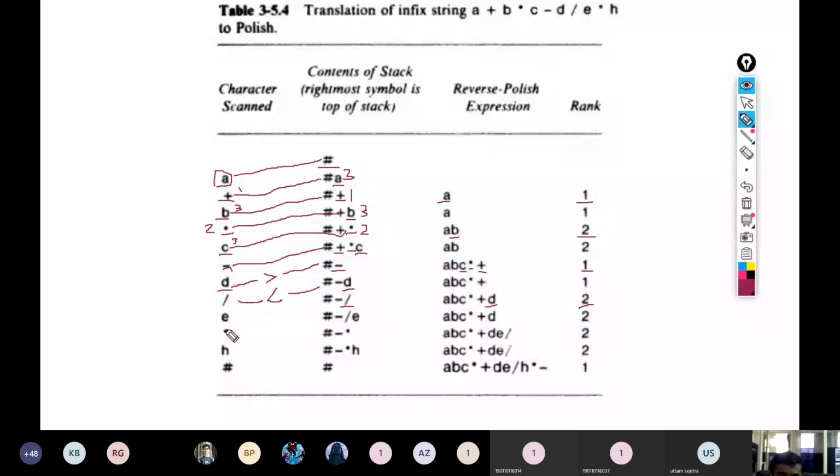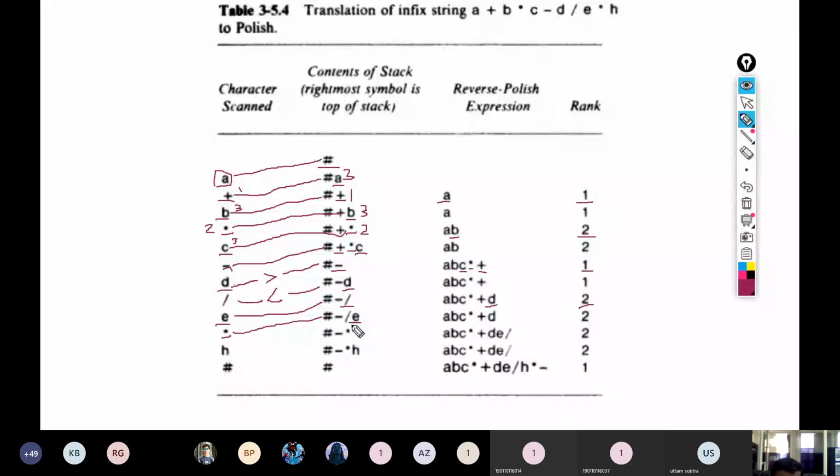And the next character is E, and if we compare it with this top of stack, we find that the top of stack has the lower precedence function value, so E will be simply pushed to the stack, right? And then the next character is the operator asterisk, and if we compare the precedence function between the next character and top of stack, we find that the stack has the higher value of the precedence function, right?